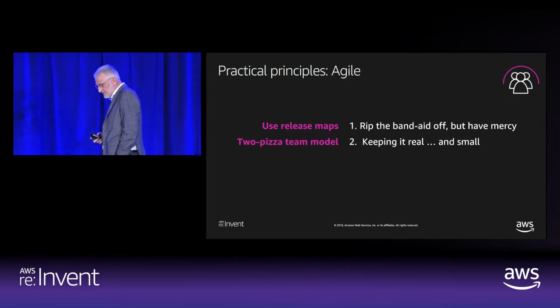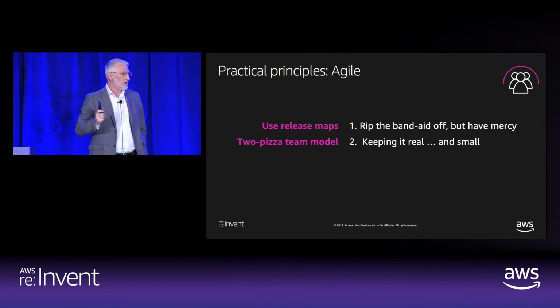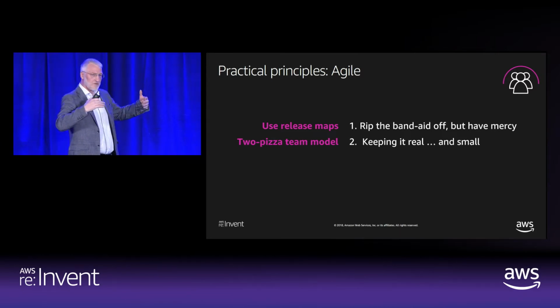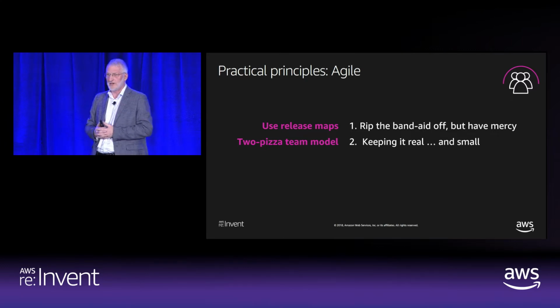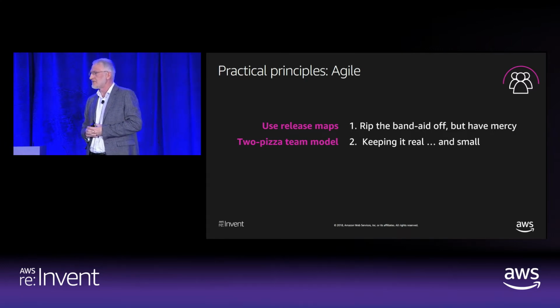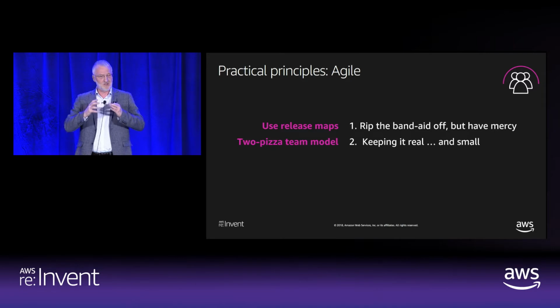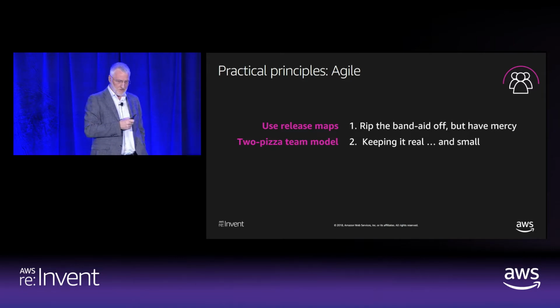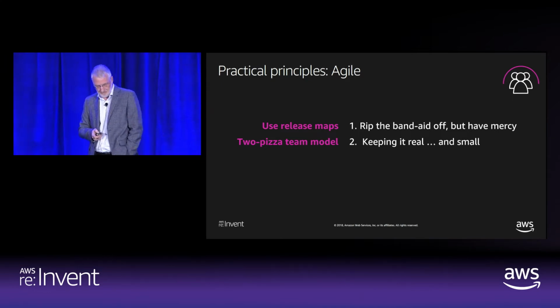The second point here is having small teams. If you think about traditional projects, we put together people from all over into a project. Maybe 50 people or 100 people could work on a project. It's really hard to maintain communication when you have that big of a team. So in a two-pizza team, you're trying to reduce the communication. You're trying to have a much smaller team that's working together. And I'll talk more about what we think about in terms of two-pizza teams a little bit later on.